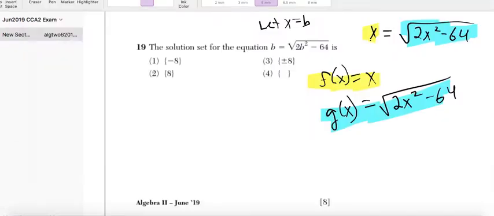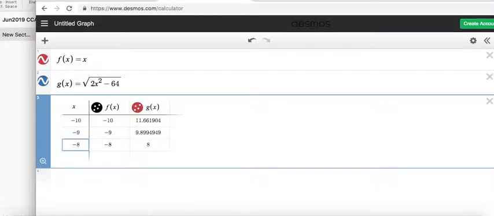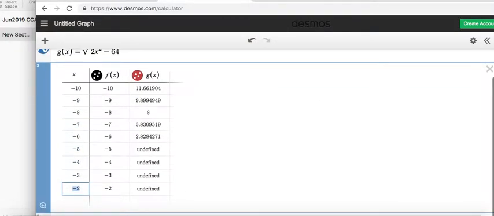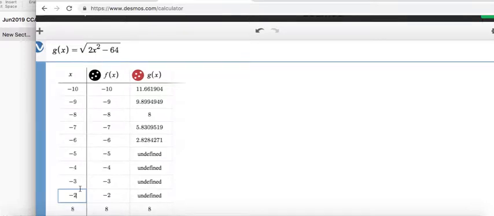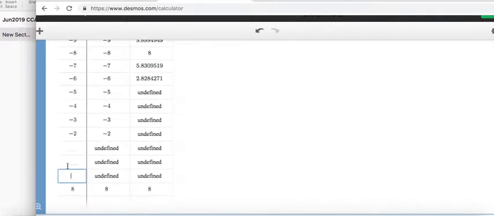So based on the table, I eliminate choice 1 because negative 8 didn't work, and 3 is basically saying 8 and negative 8, but negative 8 didn't work, so I eliminate that. So it's between 2 and 4. Now I'm going to continue and just get the table down, right? Or you could enter the numbers manually, like I could enter 8 here and see that it gives me the same value. It gives me 8 for both. But I don't know if your calculator allows you to do that, so that's why I'm just going one by one,